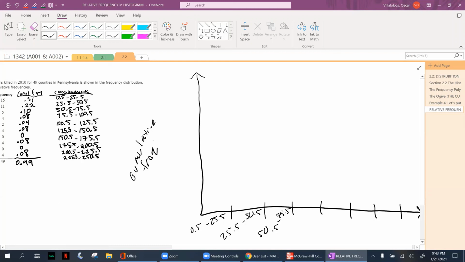If the sum is 1, and the highest value is 0.31, right? So I would probably do, let's just say 0, 0.05, 0.10,